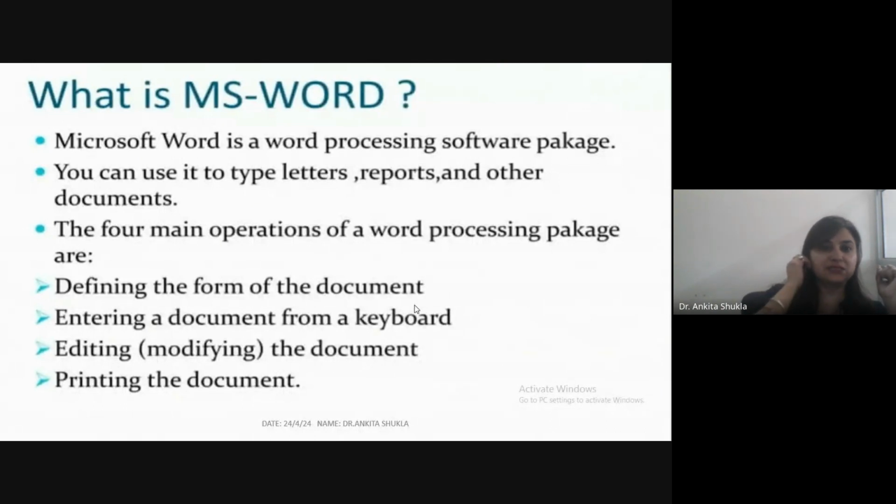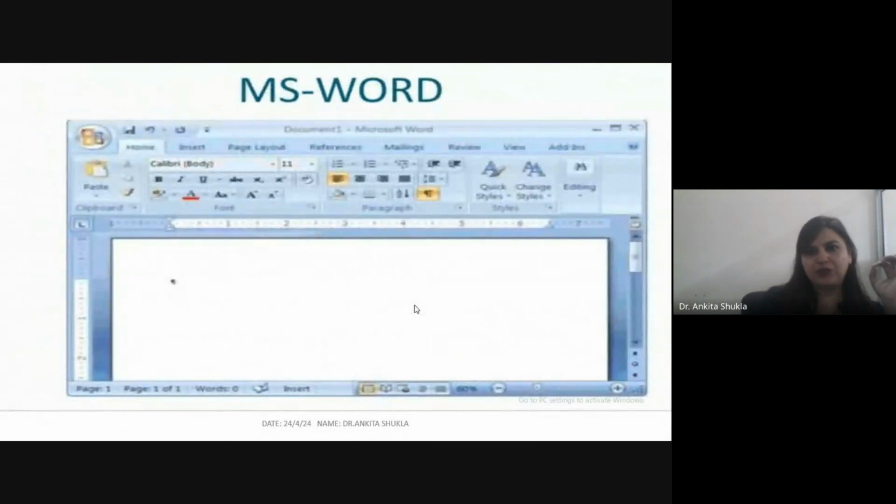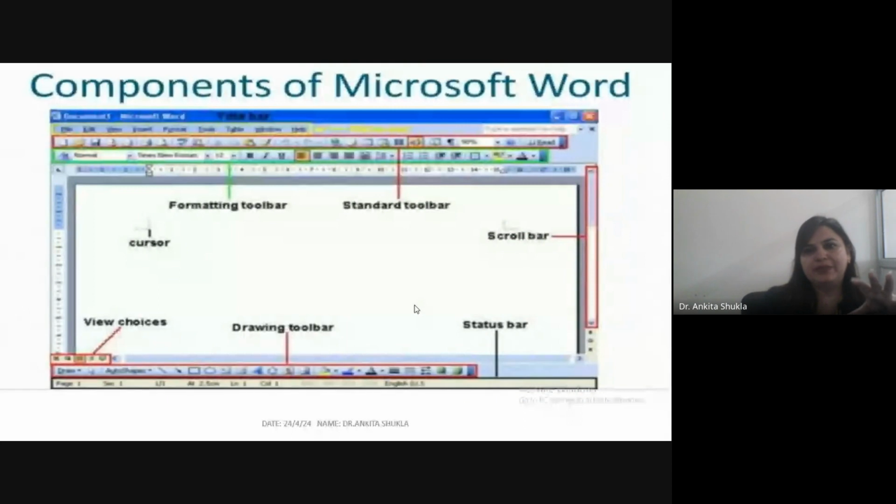The minimize ribbon button. While reading over a document, it may be convenient at times to minimize the ribbon. To minimize, just click on the up arrow symbol. The quick access toolbar is located in the upper left corner and is intended to store the buttons you will use most often. By default, the quick access toolbar shows save, undo, and redo buttons.